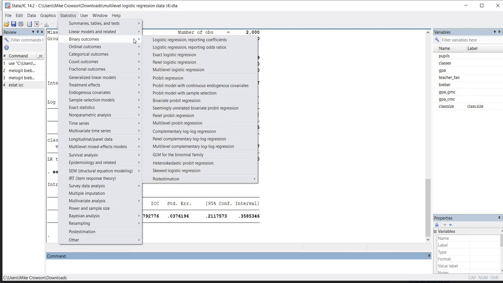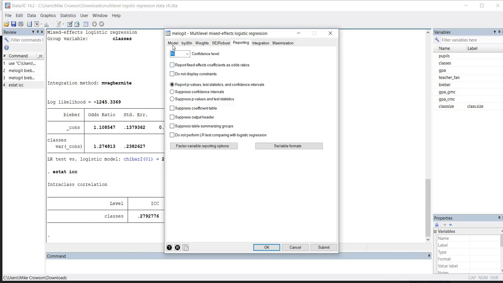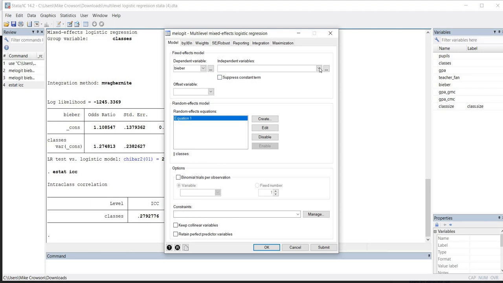So I'm going to go back to binary outcomes again, multilevel logistic regression. In this particular case, under reporting, I'm going to deselect this for right now. For our independent variables, I'm going to select our teacher fan variable and then our GPA CMC variable right there. So now we're adding in our predictors, and we're going to leave our equation 1 at level 2 exactly the